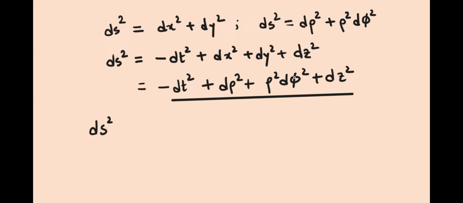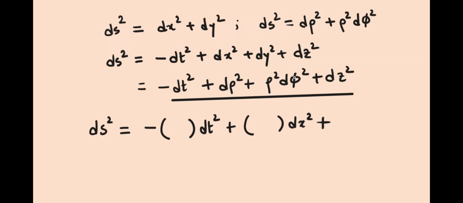For example, let's say I'm talking about the Cartesian coordinate system as well. There would be some factors in front of these coordinate differentials squared. So something into dx squared, something into dt squared, and so on and so forth. And that will be, in general, the case for a curved manifold. But you have to be careful here.